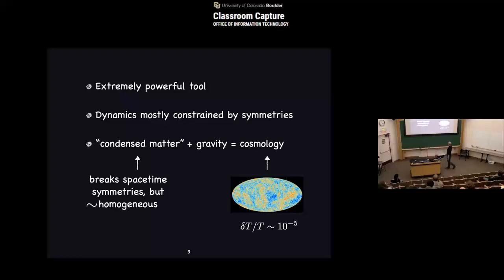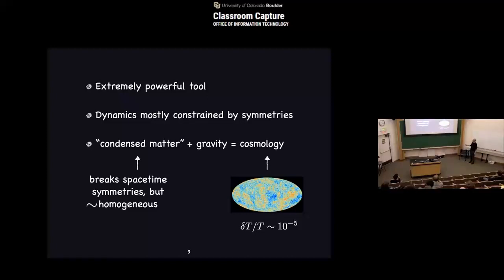And I want to show this picture. This is, as many of you know, a picture of the cosmic microwave background radiation, which is a snapshot of the universe when it was 400,000 years old, which is much younger than today. And so this is the oldest picture that we have of the universe, if you want. And the anisotropies that you see here are greatly exaggerated. The actual fluctuations in temperature of the cosmic microwave background, from cold spots to hot spots, are 10 to the minus 5 compared to the background temperature. So this tells us that